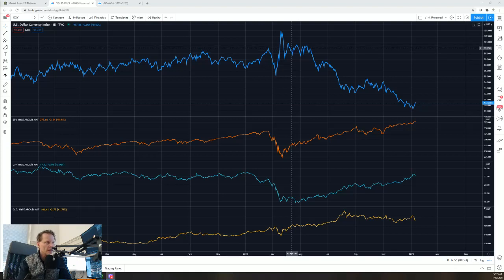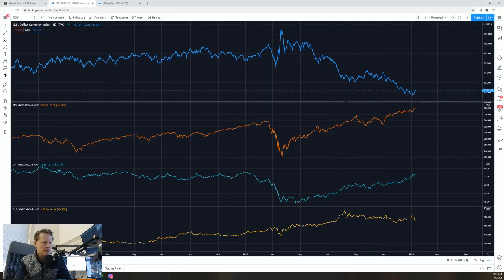So you can see that essentially since March of last year, 2020, the dollar has been under pressure. We can go into various reasons why that is. Largely it has to do with fiscal and monetary stimulus, and so the dollar's come under pressure. But I think it's most important to understand that if you look at these other squiggly lines, for example equities, that would be this orange line, which is the S&P 500, it has gone up at almost the exact same point when the dollar peaked.